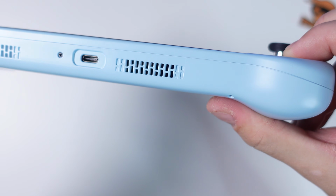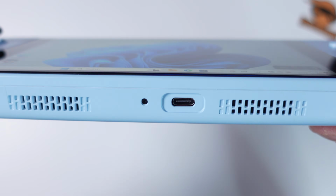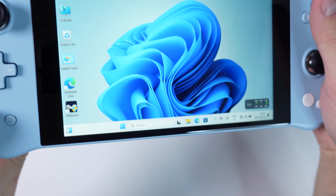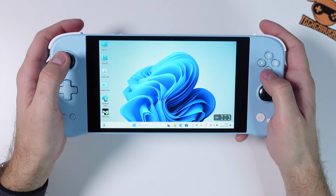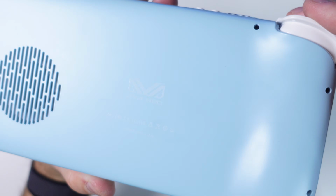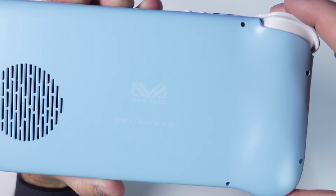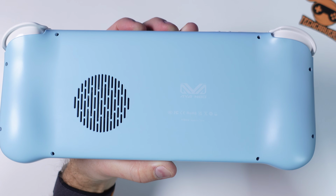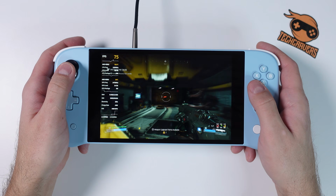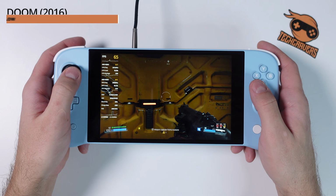This is probably the most USB-C ports I have ever seen in a handheld, which is great because you might have noticed it doesn't come with a micro SD card slot, so I will play some of my games from an external USB-C SSD that I have. The back has a big fan intake as well as the AYANEO logo. This blue color seems to be pretty good at repelling fingerprints as well, which is always a big plus in my book. But you have waited long enough, now it's time to see what this Ryzen 5 4500U is capable